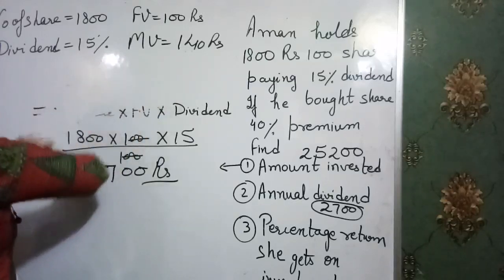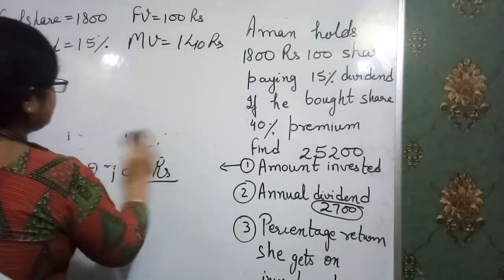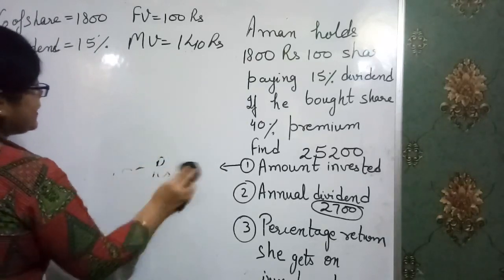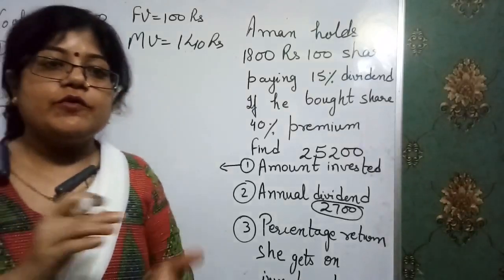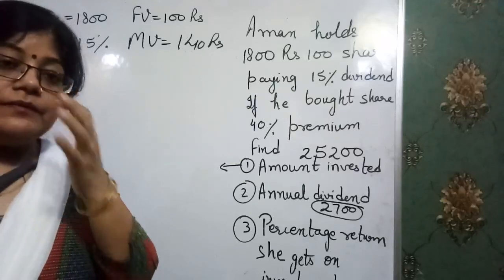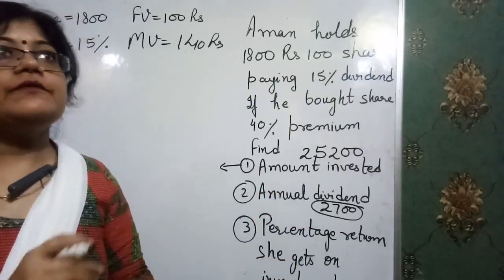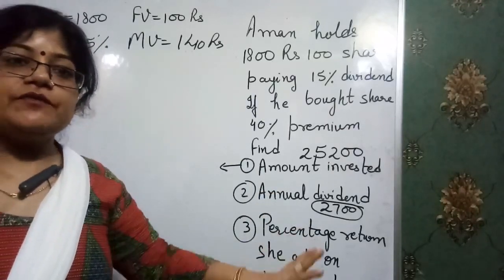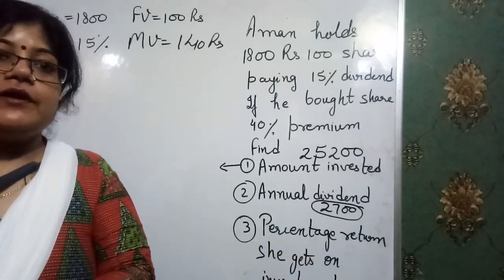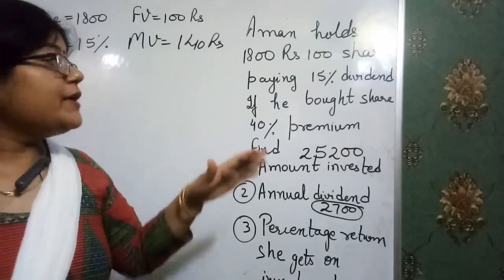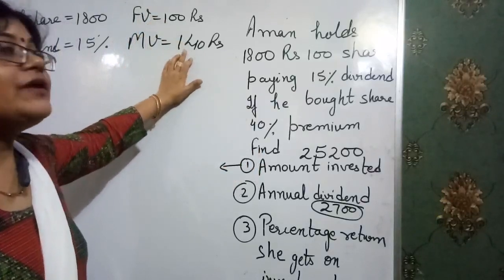In some books it is written as percentage return. In some books it is written as find the yield, Y-I-E-L-D. The terms are all the same. Now I want to explain one thing more. For example, I bought some shares at 140 but actually the price for that share is only 100. So there's a difference. That means the company is providing the dividend on rupees 100 but we invested at rupees 140.